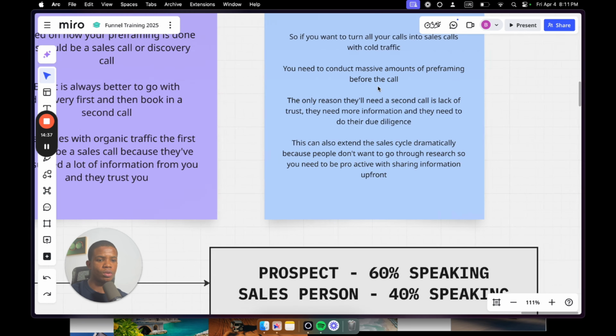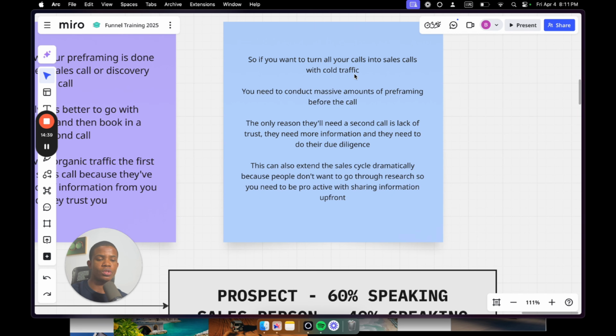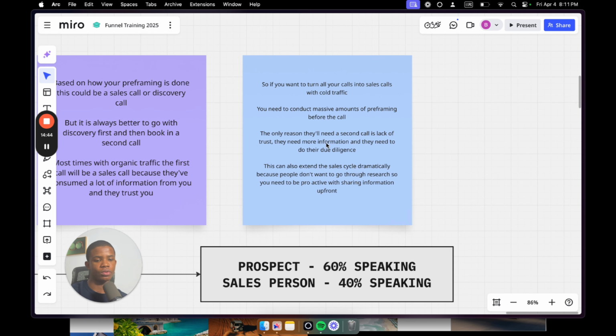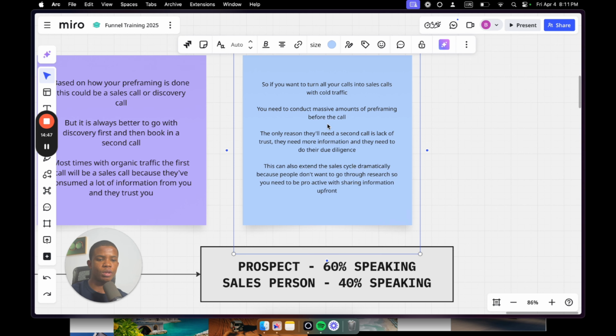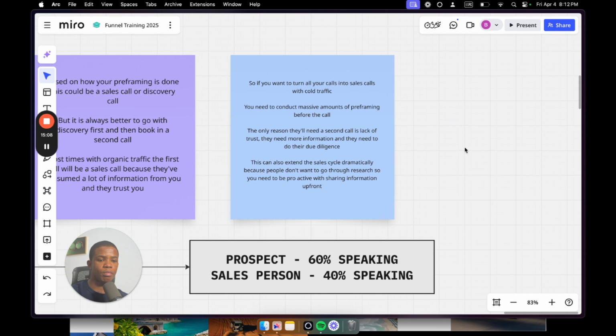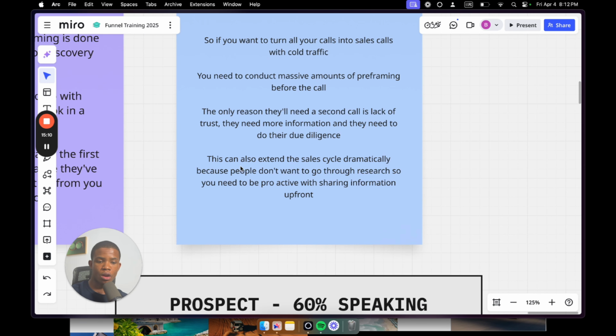And then, if you want to turn all your calls into sales calls with cold traffic, you need to conduct massive amounts of pre-framing before the call. And it's very difficult to do this, to be completely honest. The only reason people need a second call is lack of trust. They usually need more information, or they need to do their due diligence, or they're scared to invest a certain amount of money. And that's where you can say, okay, instead of going with a high ticket offer, we have a low ticket offer, we have a consultation, we have a template that you can go with, and then you can decide if you want to upgrade from that, or stay there and just use the low ticket product. So lack of pre-framing can also extend your sales cycle dramatically,